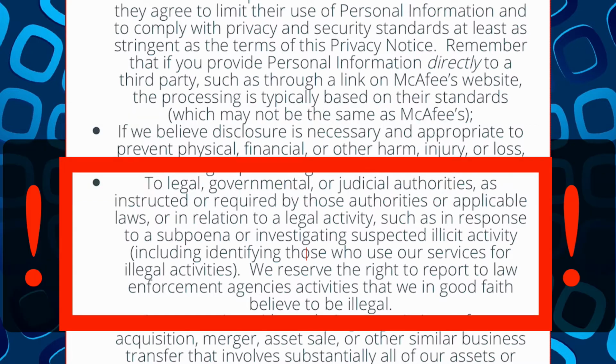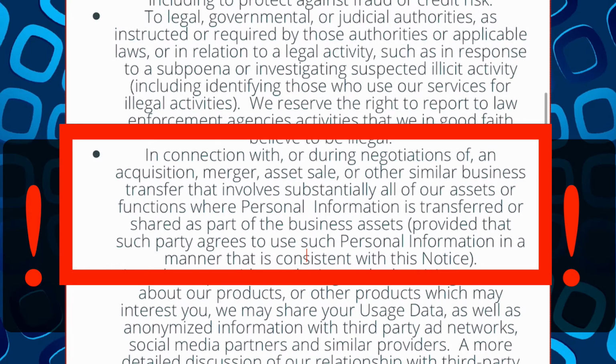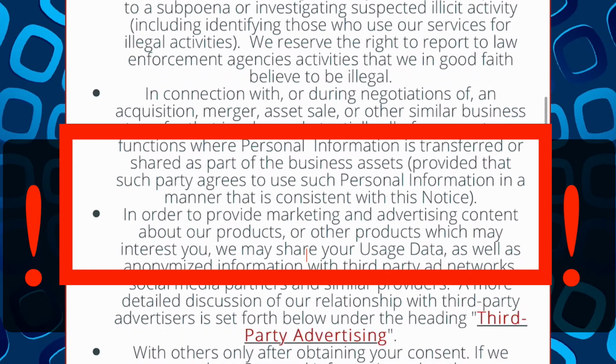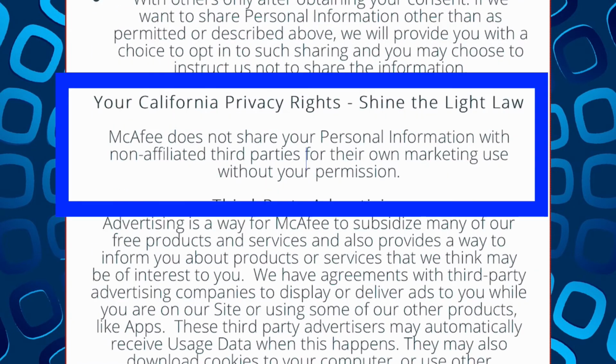They also say to provide to legal, governmental, or judicial authorities as instructed or required by those authorities, or applicable laws in relation to a legal activity, such as in response to a subpoena or to investigate suspicious illicit activity, including identifying those who use our services for illegal activities. We reserve the right to report to law enforcement agencies the activity that we, in good faith, believe to be illegal. They can use your information in connection with or during negotiations of acquisition, merger, or asset sales or similar business transfer. For marketing and advertising content, they then talk about the Shine the Light law